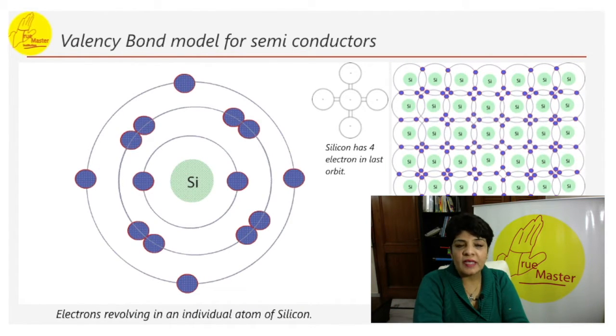Every electron has a binding energy. Silicon has 4 electrons in the outermost shell. At the time of pairing, an electron takes turn around another nucleus. In pure semiconductors, conductivity is due to intrinsic charge carriers and not impurity. We don't add impurity. If we add impurity, it will become extrinsic. But for this particular silicon, the pure one will have intrinsic charge carriers.